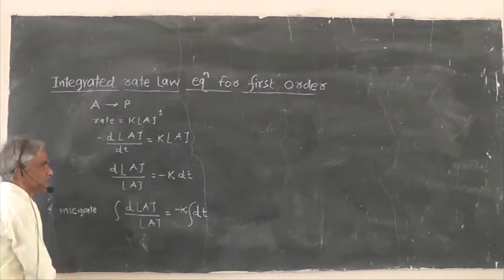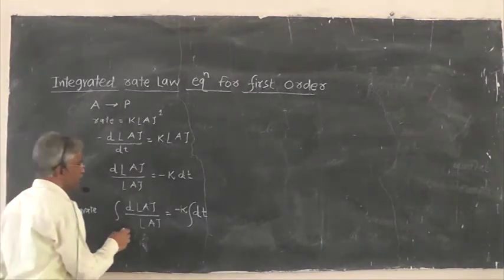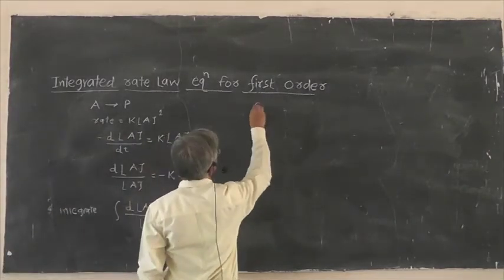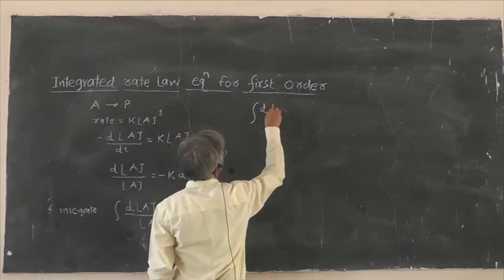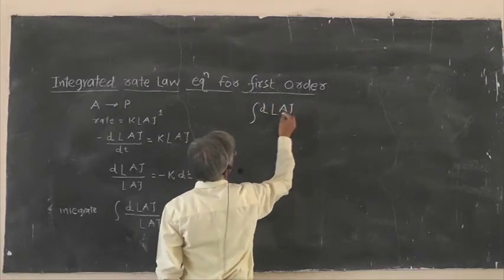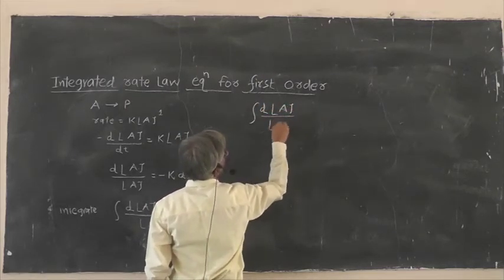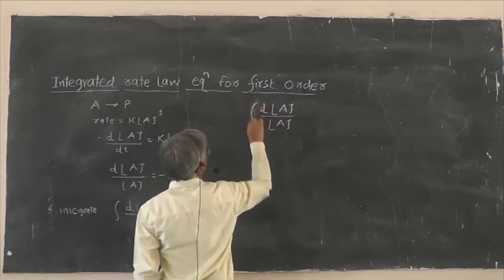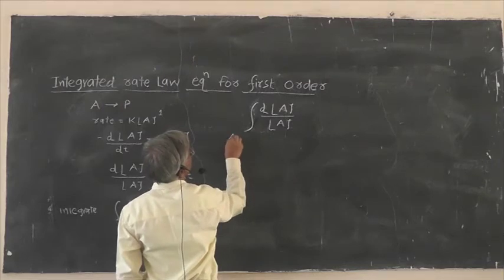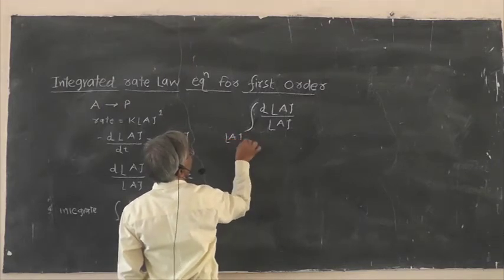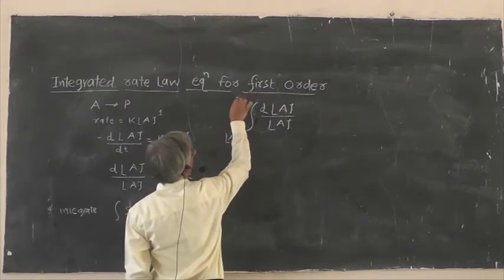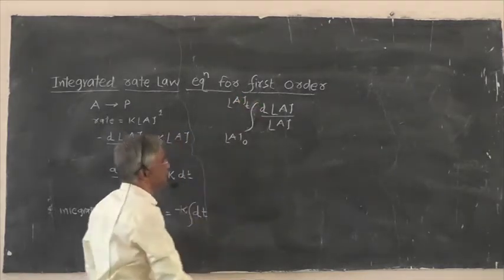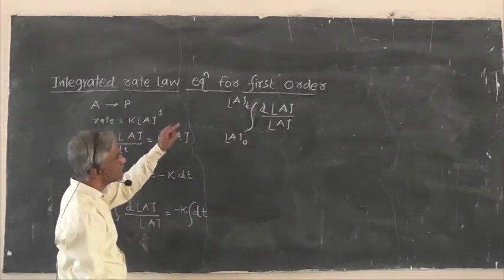Say, first of all, I will explain the graphical method, and therefore we will write the differential equation form also. For the differential equation, in terms of differentiation of concentration with respect to time, for a first order reaction, as we know, the rate of change of concentration of reactant A with respect to time, dA/dt, is equal to minus K into concentration A.